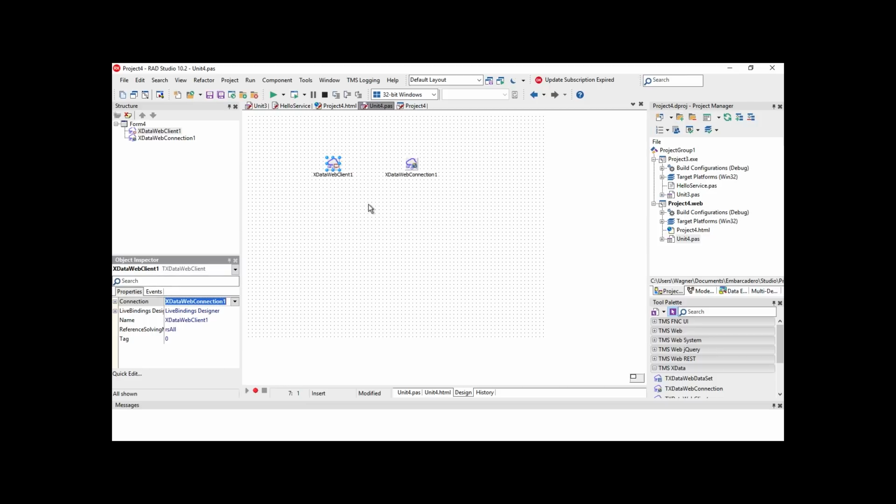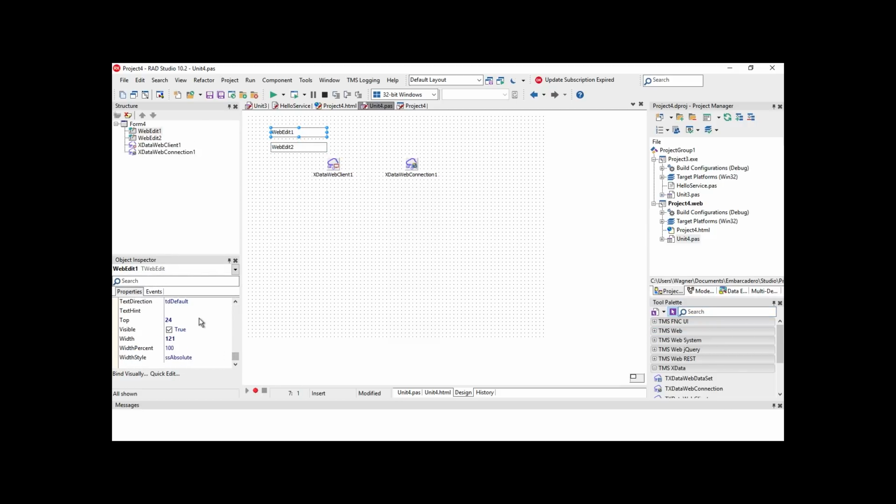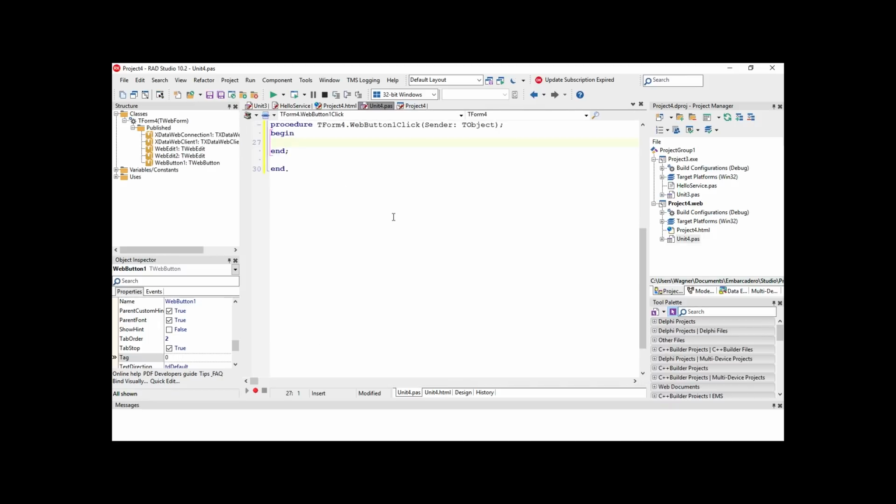and I can add, let's do the add operation here. I add a web edit, a second one here. Let's change the text to something like 10 and 5, and a button. And in the web button, I call this code